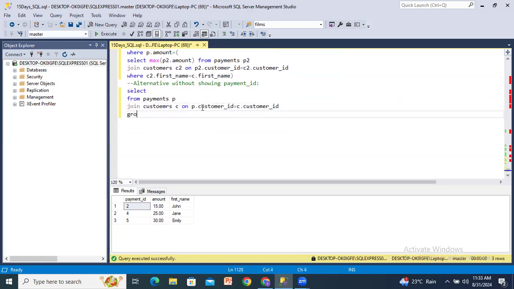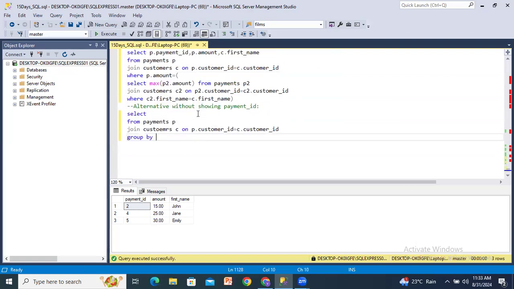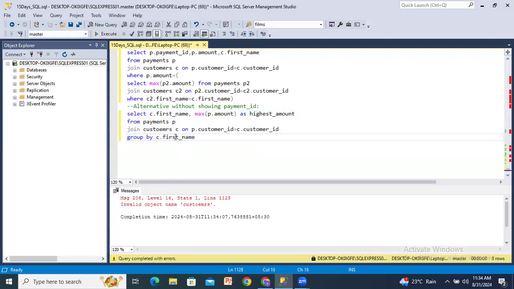Now we'll write the group by. So this group by will be C dot first name. Same thing we'll write in the select part: first name, comma, max of P dot amount as highest amount. Okay. So now if I execute this part,